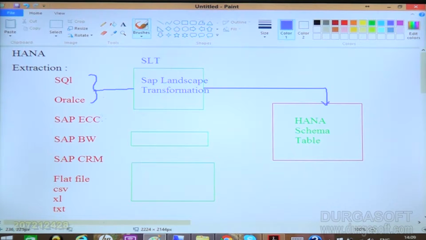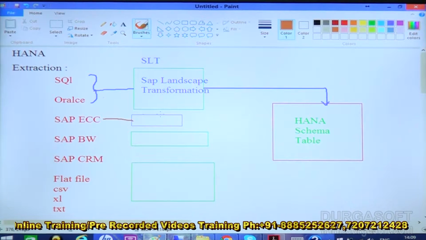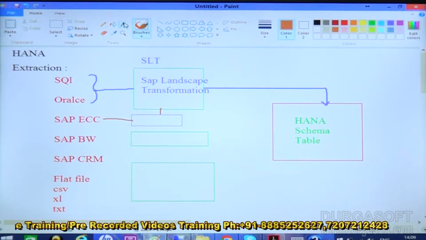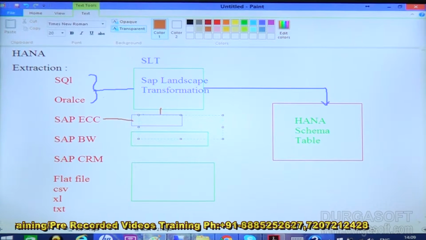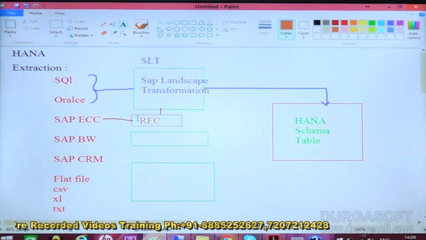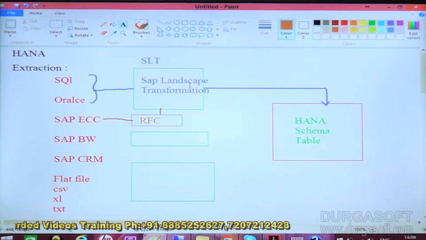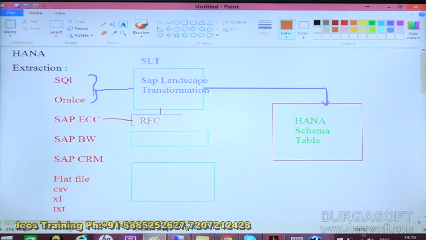If you want to use ECC, we need to connect ECC to SLT, and here we have to use an RFC connection, remote function call connection, and we can get all this data. So if you want to connect SAP to SAP using SLT, then we have to use an RFC connection.